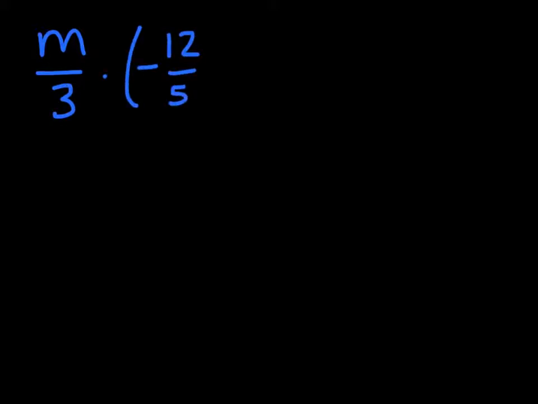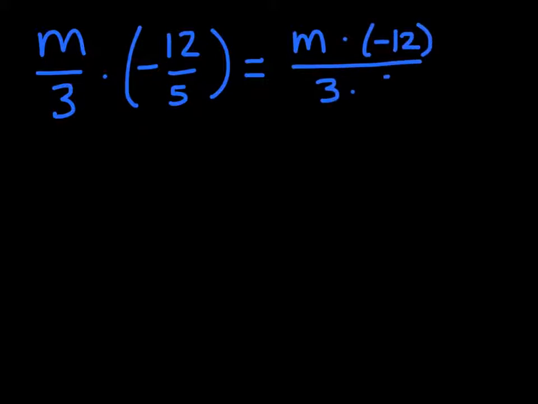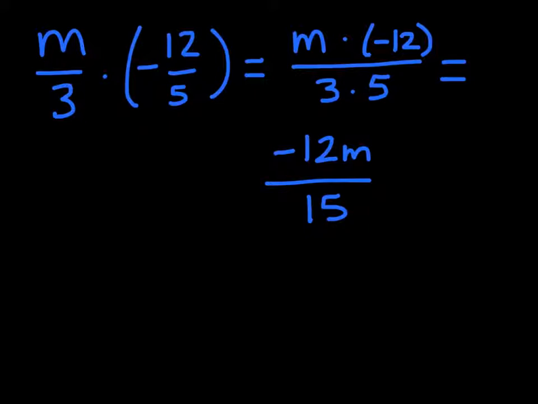Let's close out this section by reviewing how to simplify expressions. In our first problem, we're going to take m over 3 times negative 12 fifths. So if we follow the same basic rules, where we're going to take numerator times numerator and denominator times denominator, we can multiply across to get negative 12m over 15. We can reduce